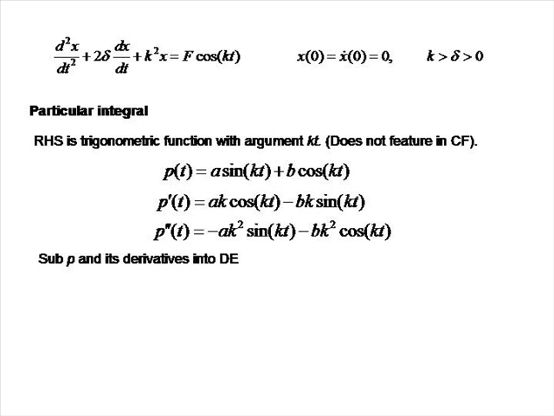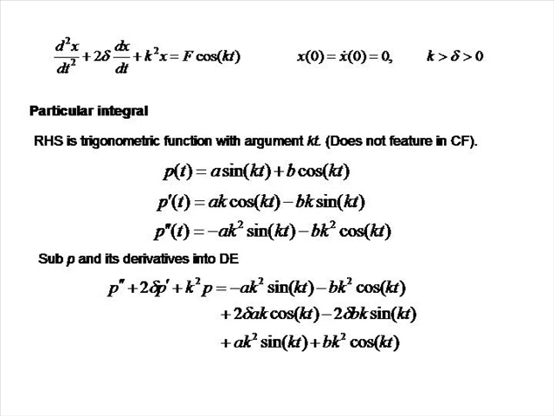equation. So the differential equation, as we can see, is p double prime plus 2 times delta times p prime plus k squared times p. So this gives us minus ak squared sine kt minus bk squared cos kt, and so on all the way through. Now principally we've got lots of terms here involving sine and involving cosine with argument kt, so let's group